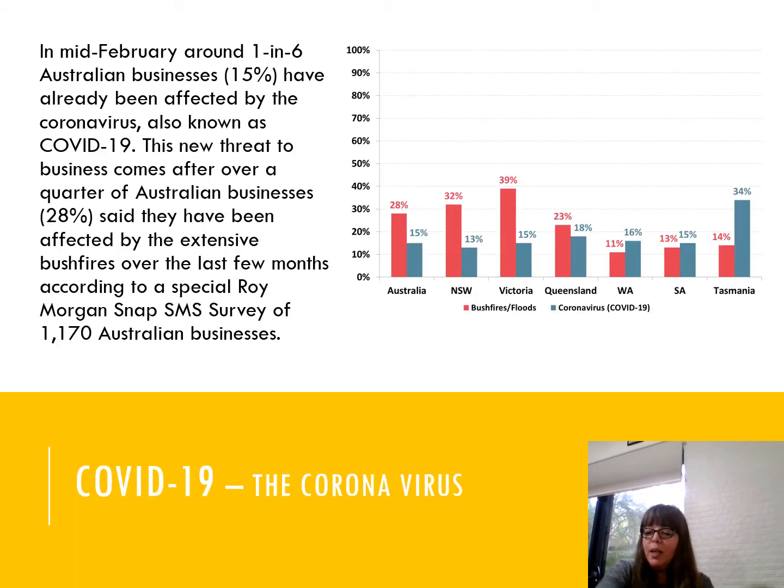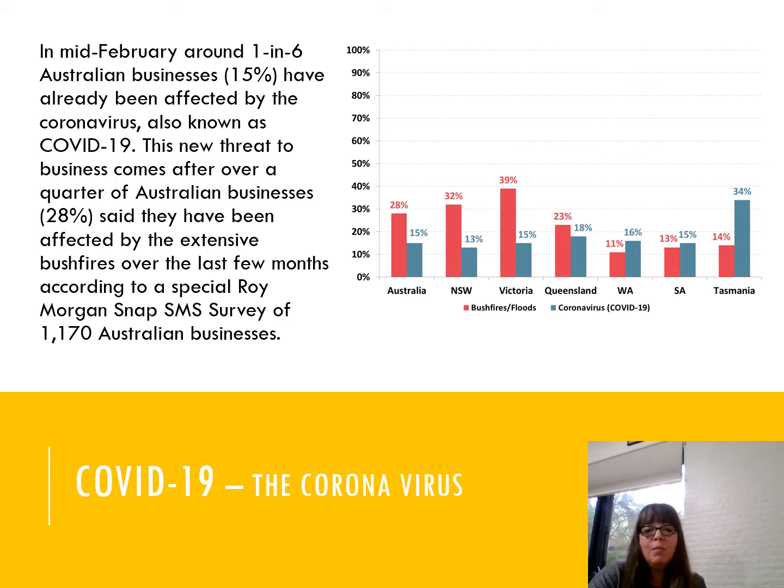Okay, at the moment we have something going on which we've mentioned a few times, which is affecting the economy. So COVID-19 or the coronavirus. Okay, so mid-February, around 1 in 6 Australian businesses, or 15%, have already been affected by the coronavirus, also known as COVID-19. This new threat to business comes after over a quarter of Australian businesses, 28%, said that they had been affected by the extensive bushfires over the last few months, according to a special Roy Morgan Snap SMS survey of